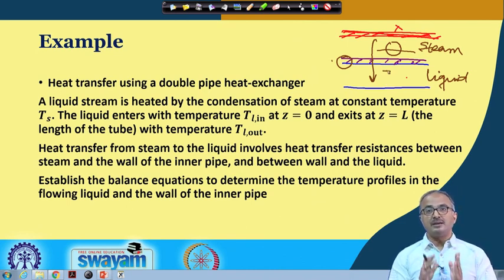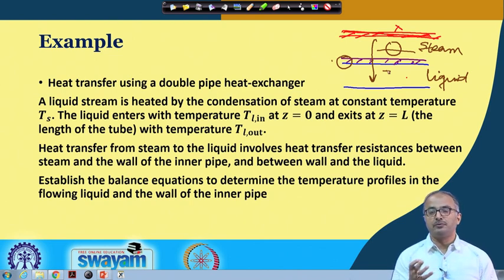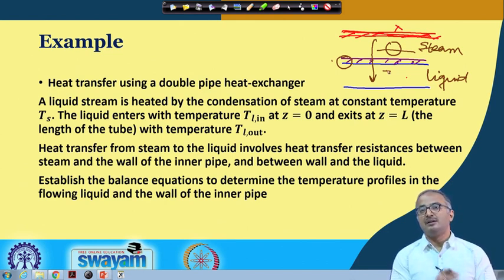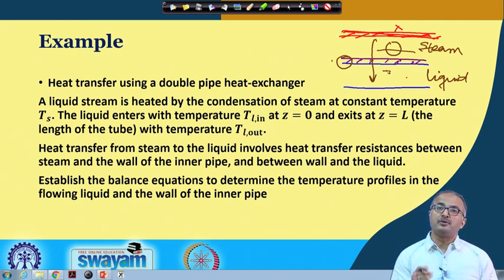Now in the steam and in the liquid, generally we have three types of heat transfer: conduction, convection and radiation. Generally fluids have very low conductivity, so in case of steam and liquid, we neglect the conductive contribution and we talk of the convective contribution. Moreover, for the radiative heat transfer to be appreciable, we need a very large temperature difference, because the radiative heat flux depends on T raised to the power 4.